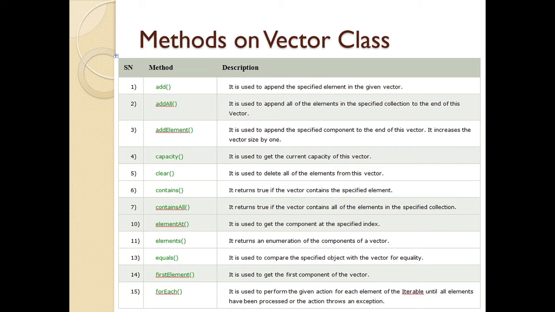Now the next method is contains. What happens in contains? It returns true if the vector contains the specified element. This method we have also seen. I pass an element, and if I want to check whether the passed element exists in the collection, I can use the contains method. Now containsAll: if I want to check whether the passed contents are there in the specified collection, instead of a single element I can pass n number of elements. So it is containsAll.